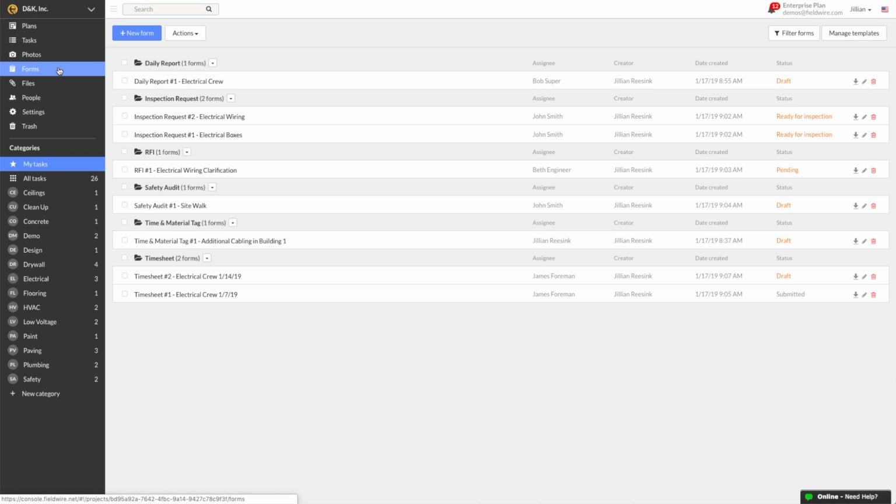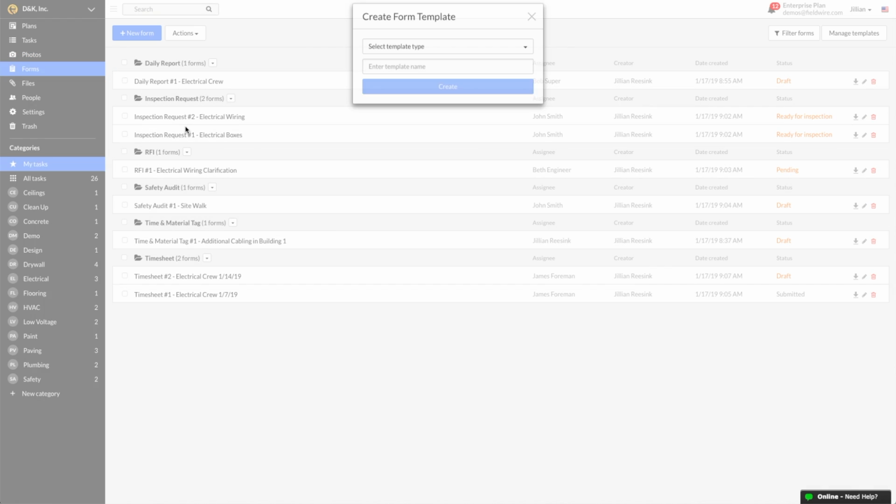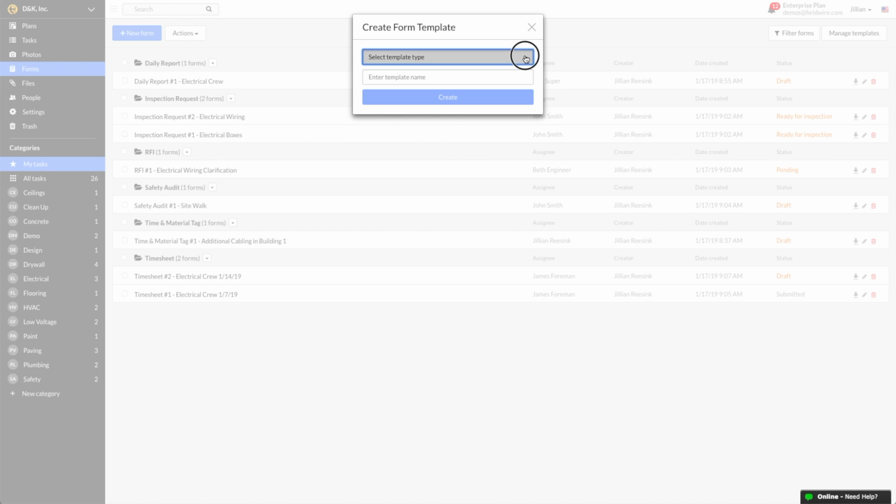Here I am on the Forms tab on my project. Click New Form in the upper left, and then choose New Template at the bottom. There are 2 different types of custom form templates: default and dated. Default forms are typically used for things like change order requests, RFIs, or timesheets because they don't require one specific date. A dated form will automatically have a date section added to the form, and it will be date dependent as well. This means that certain information on the form will be based off the date the form was created. For example, the weather is date dependent, so if you would like to have weather populated on your form, then just be sure to choose the dated template.